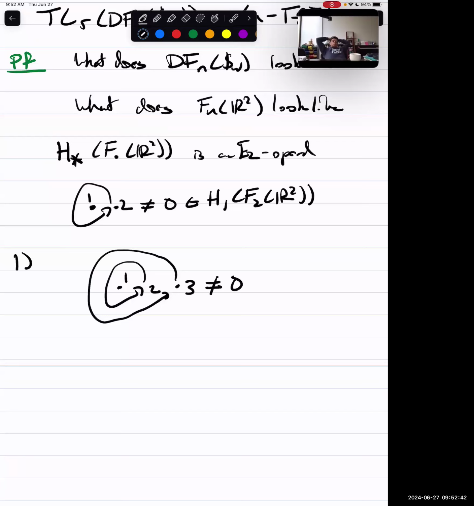And I'm going to claim that this is a class now in H2 of the ordered configuration space of 3 points in R2. And we're going to note that this corresponds to a 2-torus. So this is a 2-torus here. How do we see this? Well, we've got an S1 factor for 2 going around 1. And we get another independent S1 factor because 3 is independently orbiting that orbiting pair. It turns out we can't contract either of these things, so we get a nice 2-torus